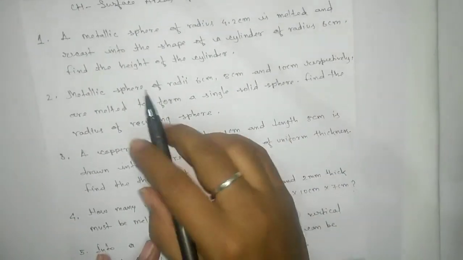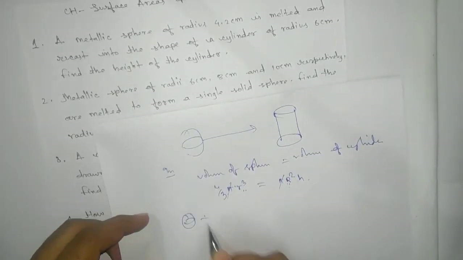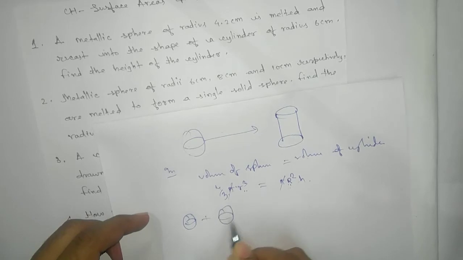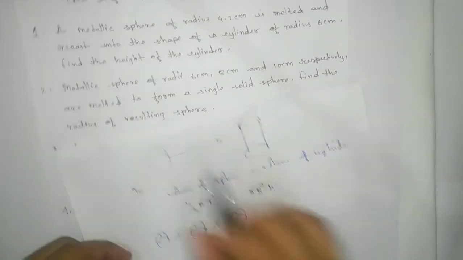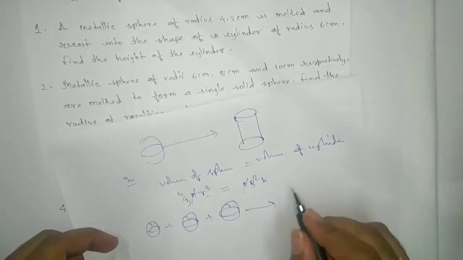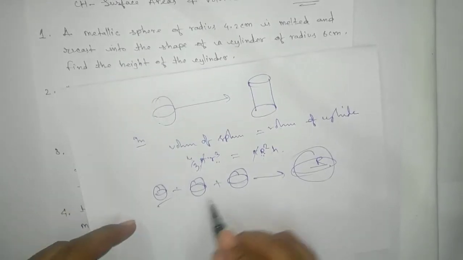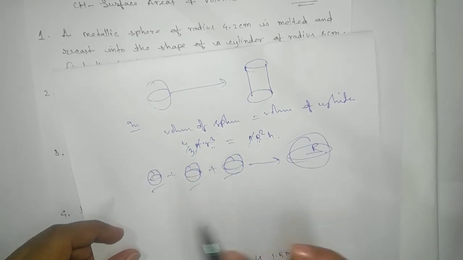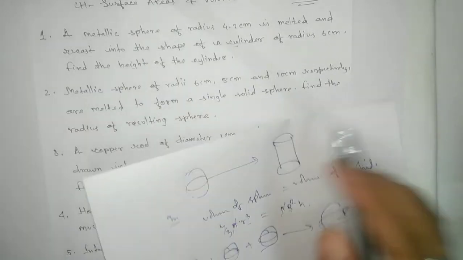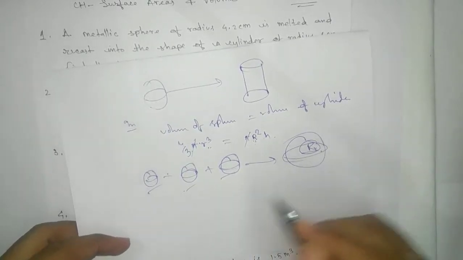Next one, metallic spheres of radii 6 centimeter, 8 centimeter and 10 centimeter are melted and recast into a single sphere. We need to find the radius of this. That means the volume of this plus the volume of this plus the volume of this equals the volume of this one, and we'll substitute the values and get the required radius of the